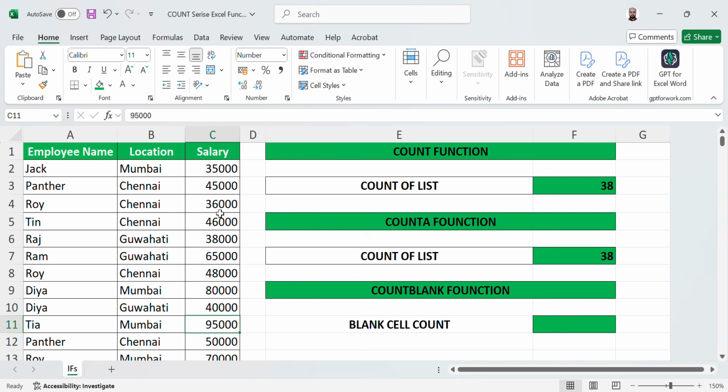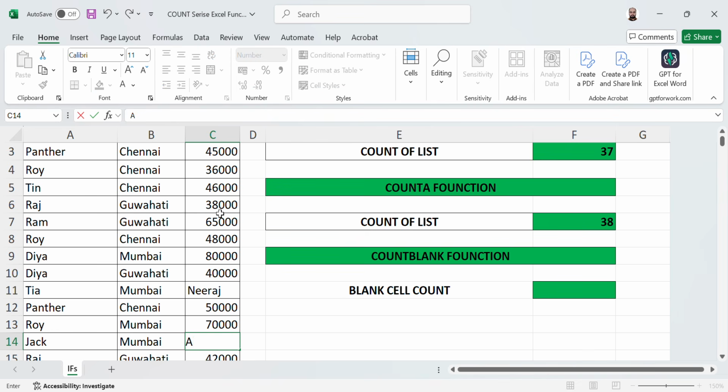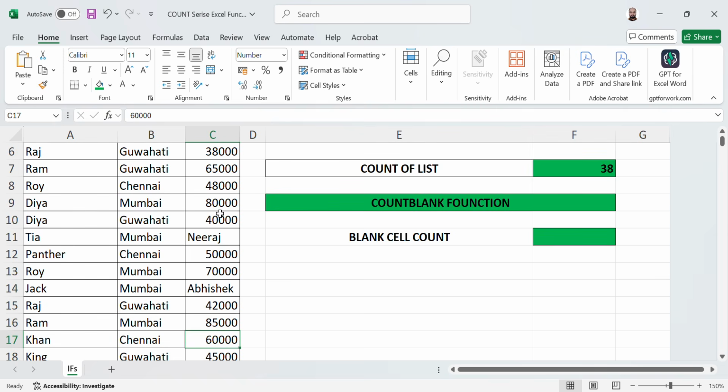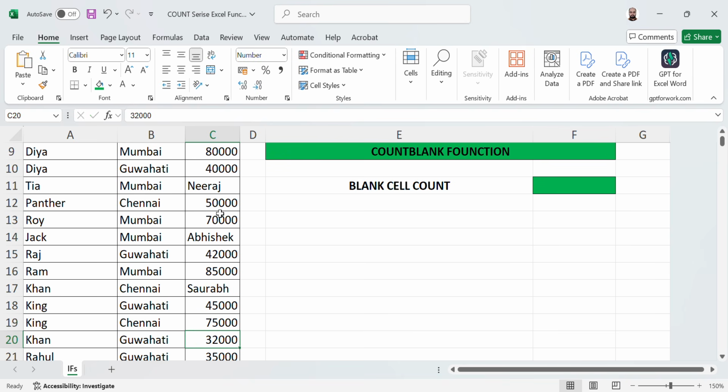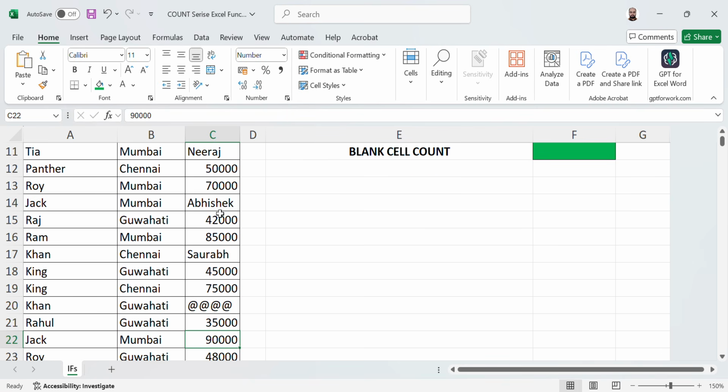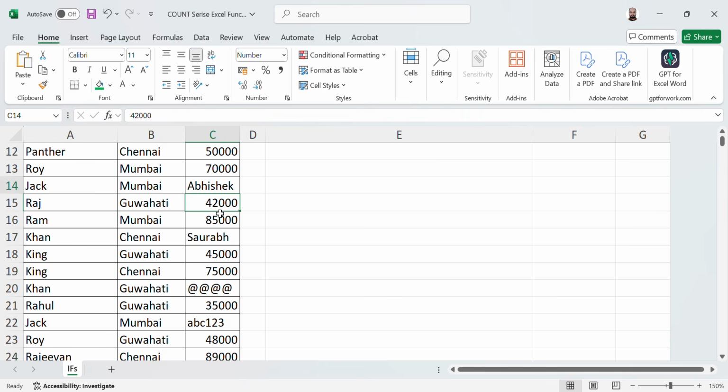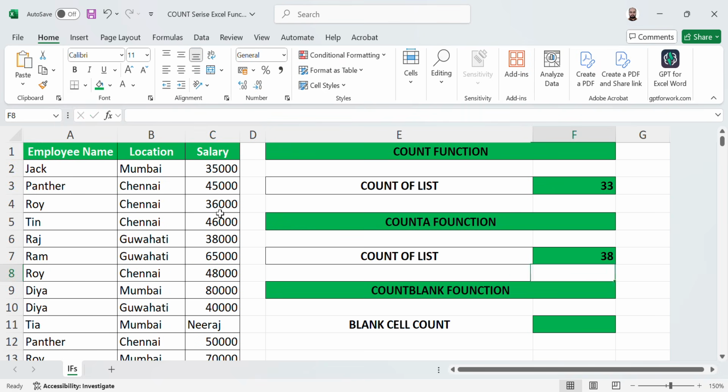If you want to see, we put it here, like text, Neeraj, Abhishek, Saurav and anything, but still our answer will remain the same, the total count of 38.